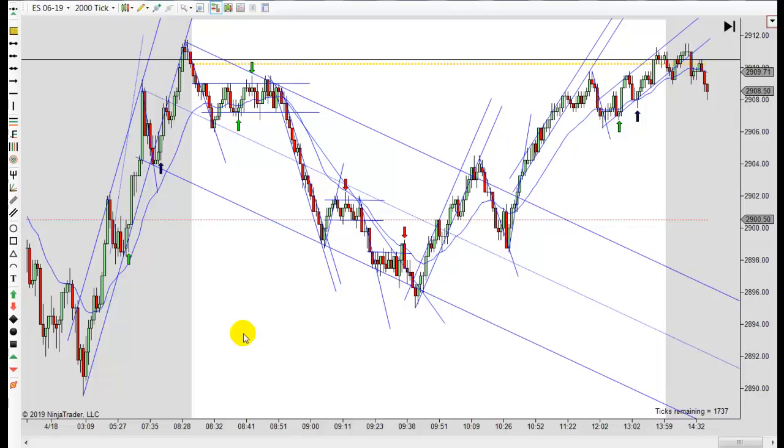It's my opinion that you don't want to trade before 7 a.m. Central Standard Time. You'll have to do the math based on your time zone. Usually cut off about 2 p.m. Central Standard Time in the afternoon. You still get some good movement sometimes after 2 o'clock, but the problem is you just don't want to get stuck in a trade and be forced out at 3 o'clock, or whatever time your broker kicks you out before the market closes, and you have to take a loss. So I think you're better off not to enter much after 2 o'clock.